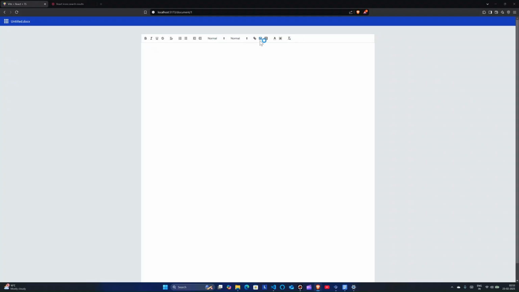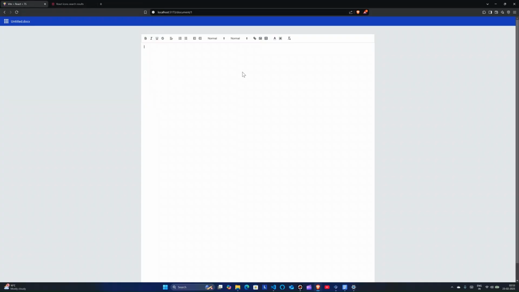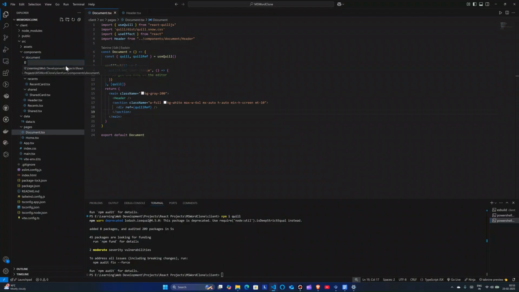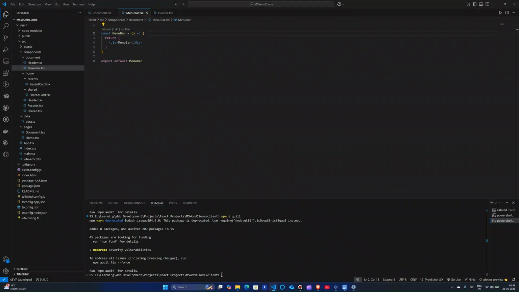I want to do a lot more things. Okay, my game folder exposed. Anyway, so you see that you have all these options and all, but there is one thing I wanted to do. I wanted to build a menu bar actually. So let's start building a menu bar. Okay, I'll create some component menubar.tsx, and this will also contain some methods. Okay, so what I will be doing is that in this menu bar